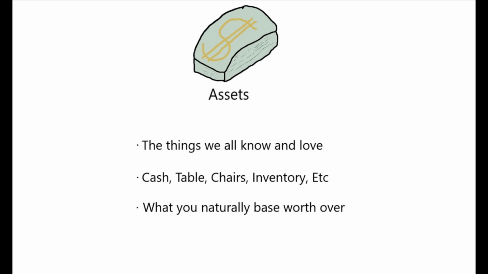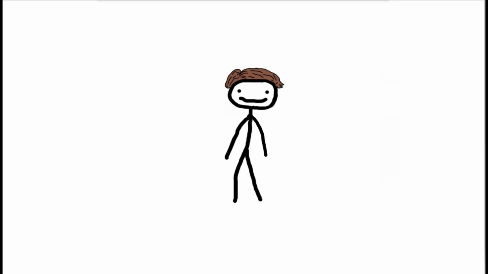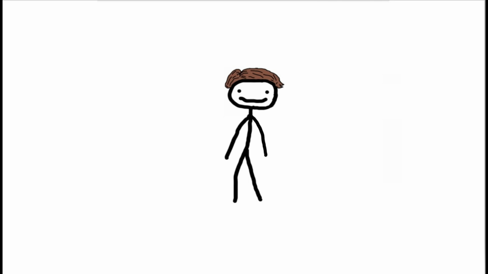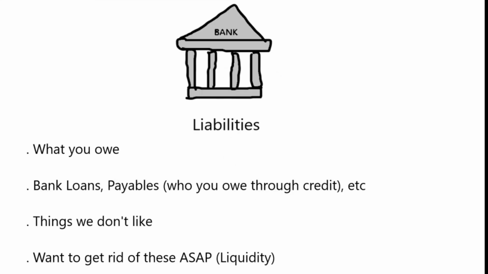So assets, the things we all know and love: cash, owned items, your table, chairs, inventory. These are all the things that you base your worth over. I'll get into more detail in a moment. Now, liabilities, these are what you owe. So these are things like bank loans, payables, your suppliers. These are all things that we don't like. We want to get rid of these as soon as possible, and that's called liquidity, but I'll get into that